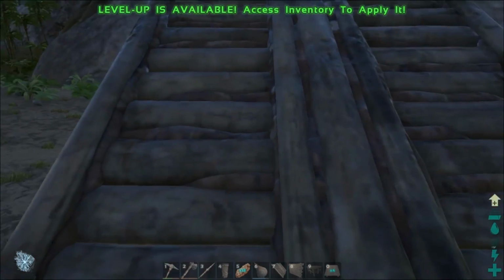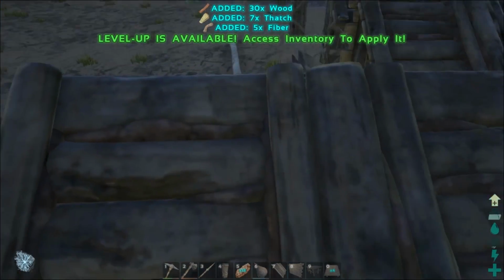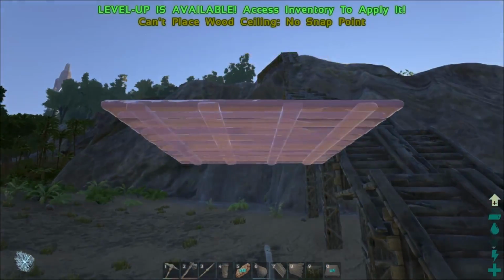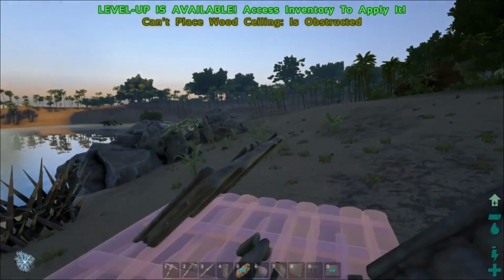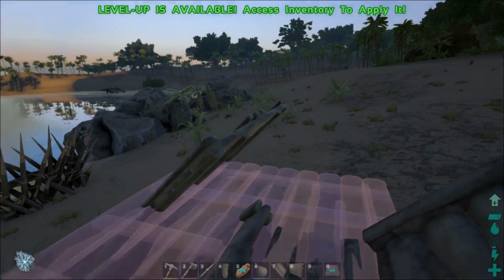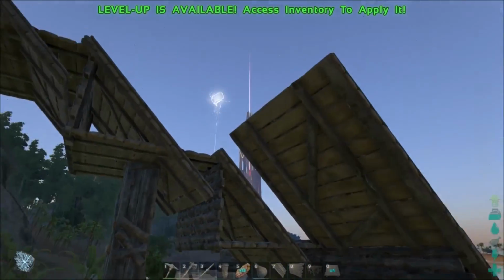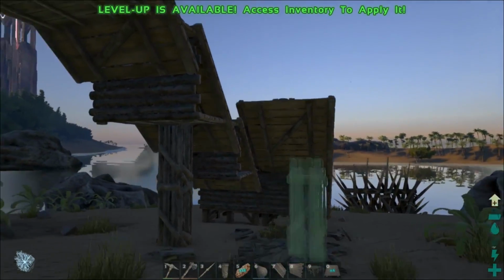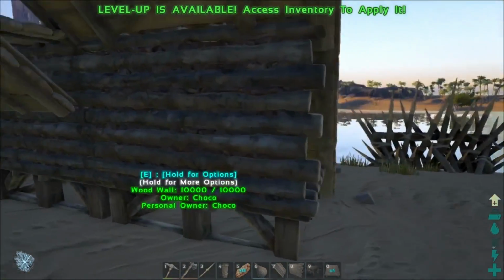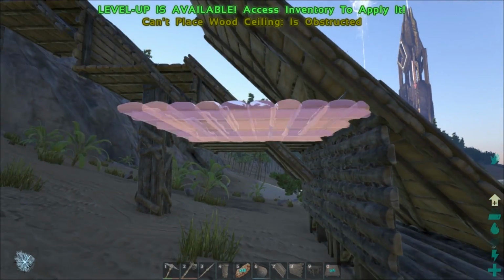But what this also means is I could have done this. So I'm going to go ahead and demolish this ramp. I could just have done this, maybe. Well, perhaps not. Oh, well, I can probably have done this then. Can I do this? No? Ooh. I was under the assumption that I could at least make...